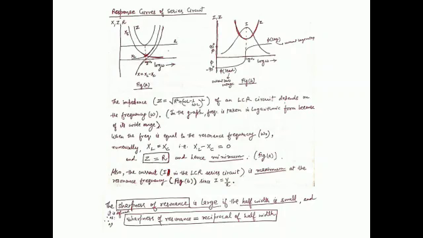Now when the frequency is equal to the resonance frequency, that is numerically when XL is equal to XC, that is XL minus XC simply is 0, Z, that is the magnitude of impedance, becomes equal to the value of resistance and hence is minimum. The impedance becomes minimum, as can be seen in the figure on the left as well as on the right. Also, the current I in the LCR series circuit is maximum at resonance frequency, since I is equal to V by R, as can be seen in the figure on the right.